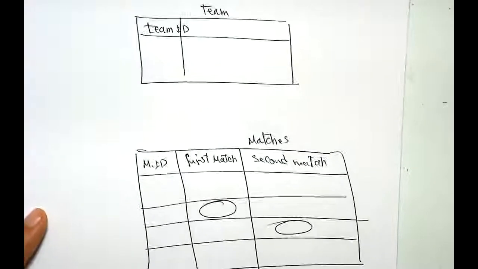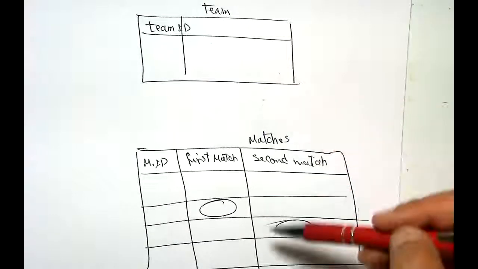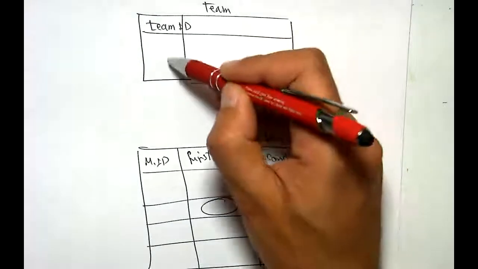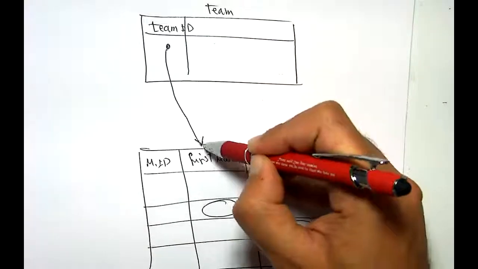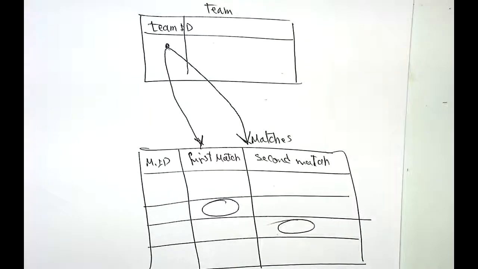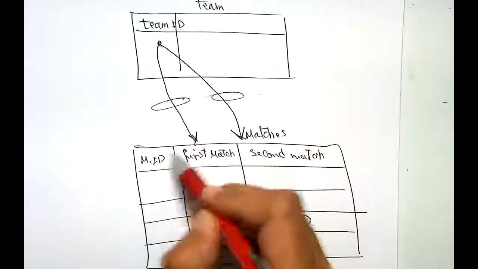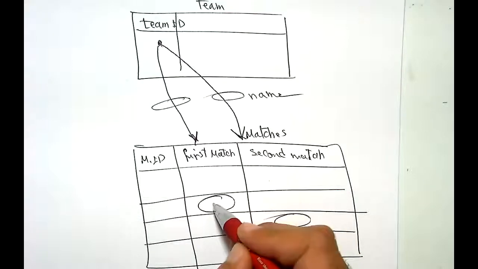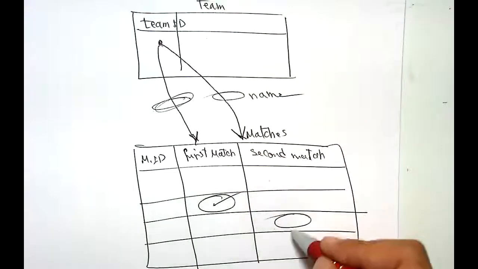Okay, so what you need to do is join these two tables. But not once. You need to join these twice, because you need to check this team ID. If this team ID is a first team, or if this team ID is a second team. Because you will have two connections, you will need to give each join a name. Then you need to check if Croatia is first with this connection, or second with this